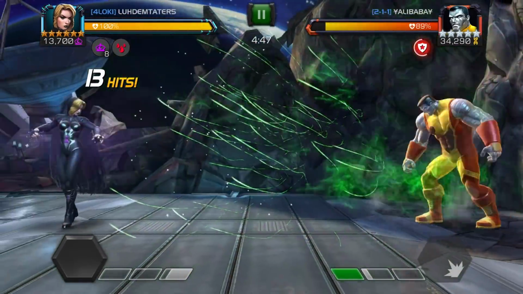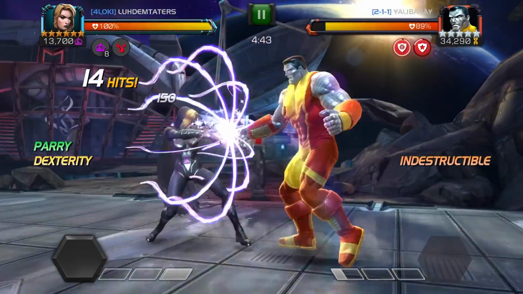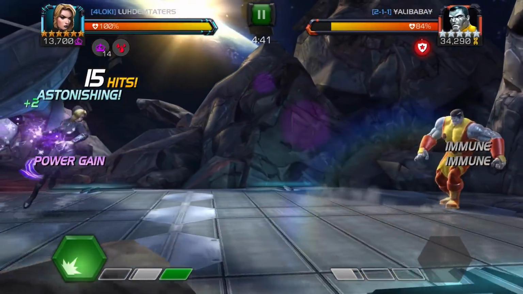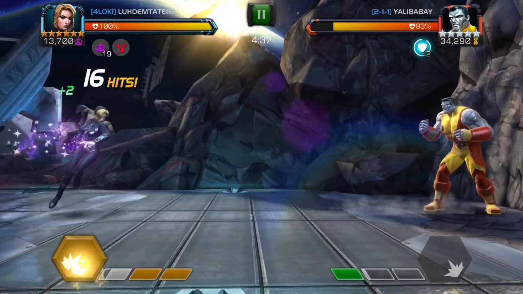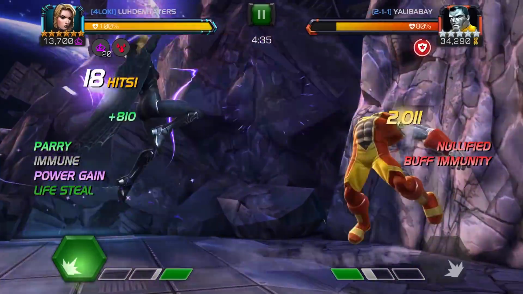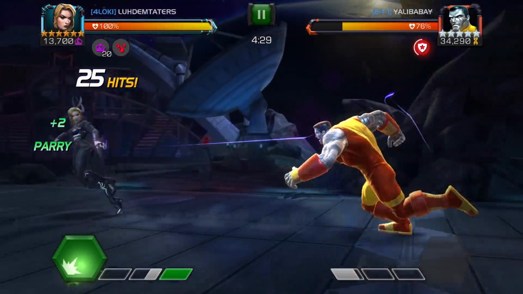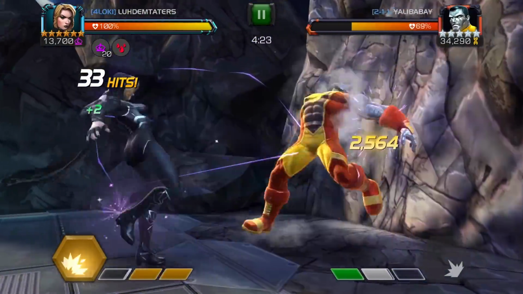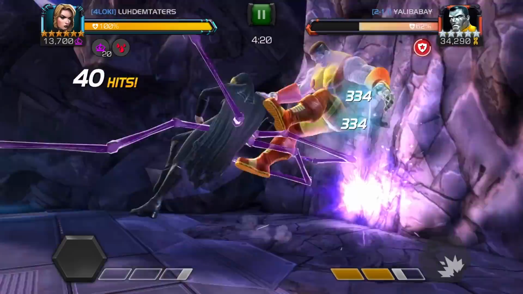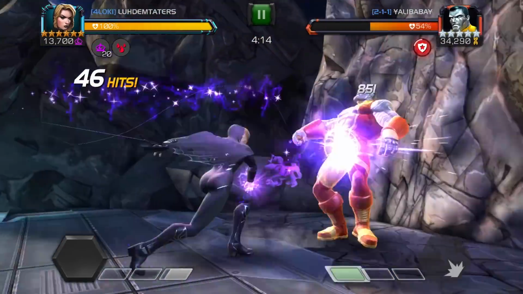Basically with Claire, if you guys are unfamiliar, anytime you would inflict the defender with a debuff they're immune to, or anytime you would be inflicted with a debuff you're immune to, you're going to gain Clairvoyance charges. And then also on your L2, you're going to inflict a buff immunity so that the defender cannot gain any buffs during that time period. So basically in this fight,